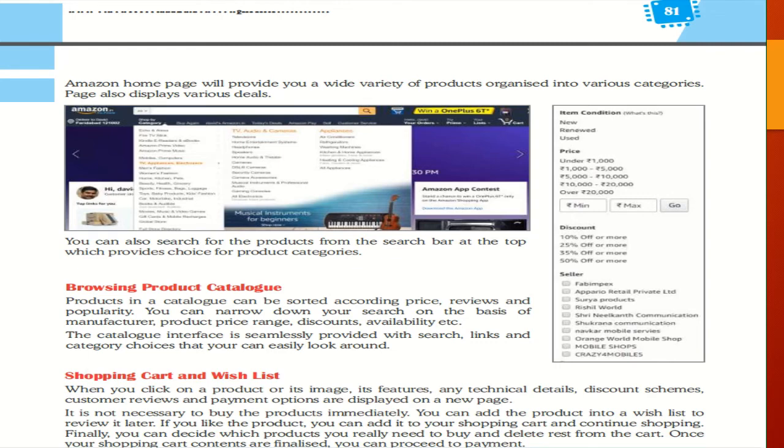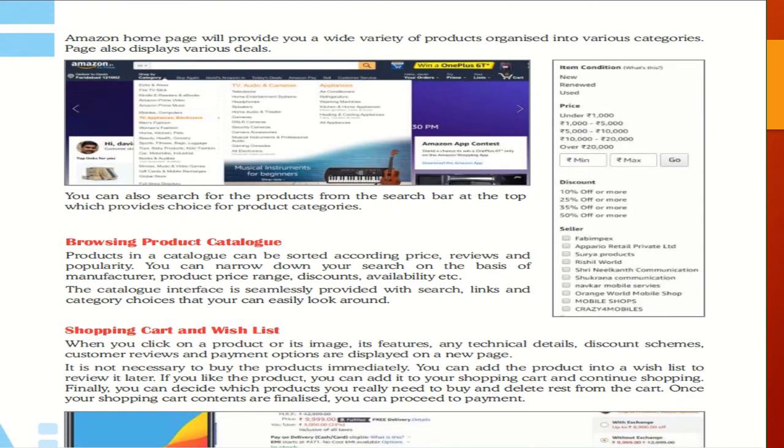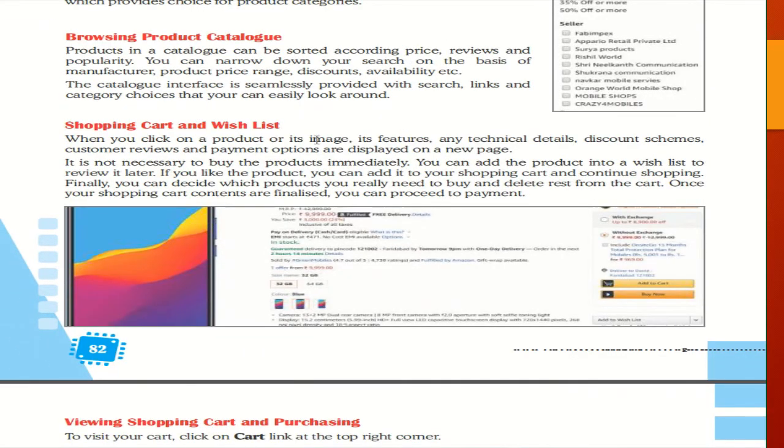Shopping cart and wish list. Under the shopping cart and wish list, when you click on the product or its image, its feature or technical details, discount schemes, customer reviews and payment option are displayed on a new page. It is not necessary to buy the product immediately. You can add the product into wish list and review it later. Okay,